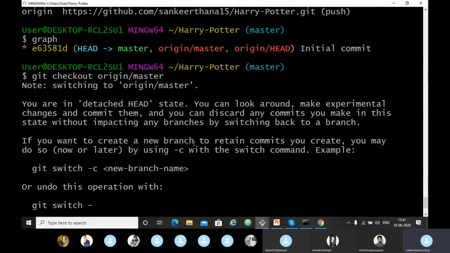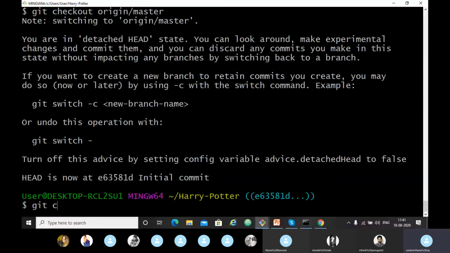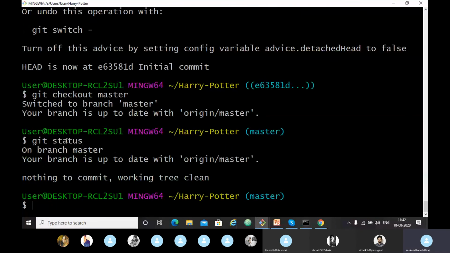If you want to come out of the detached head state, you just have to type git checkout master. You can come out of it easily. You are switched to the master branch. Your branch is up to date with the origin master branch. This is a remote tracking branch. So let's see the git status. Here on the master branch, everything is up to date.